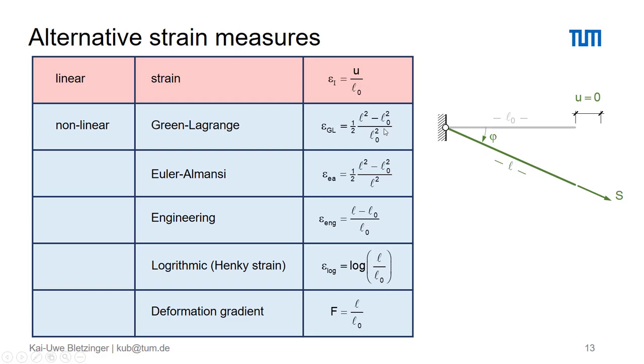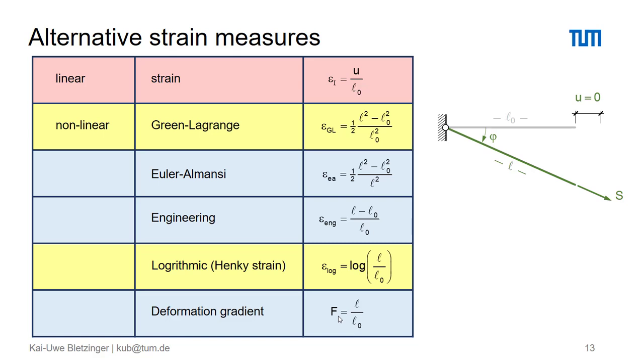That's a quite natural understanding of strain: there is no deformation, the length remains the same. Then, of course, there's also no strain. However, if you look at the deformation gradient, it pops up here as well. Then we have here the ratio of 1. And indeed, the deformation gradient is 1 if there is no deformation.